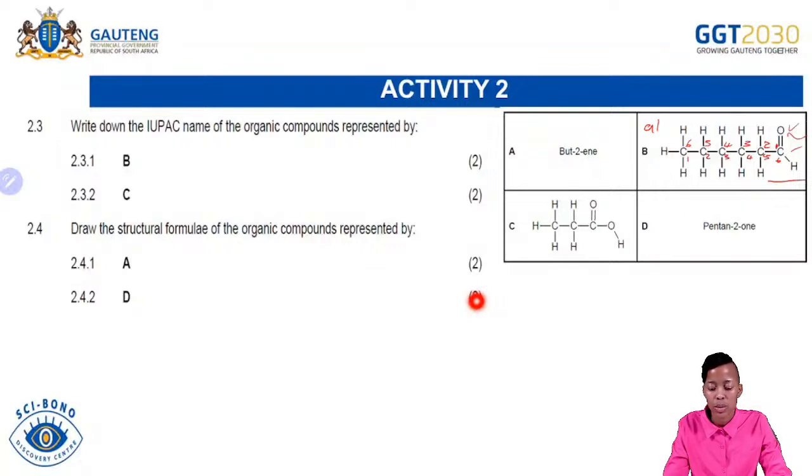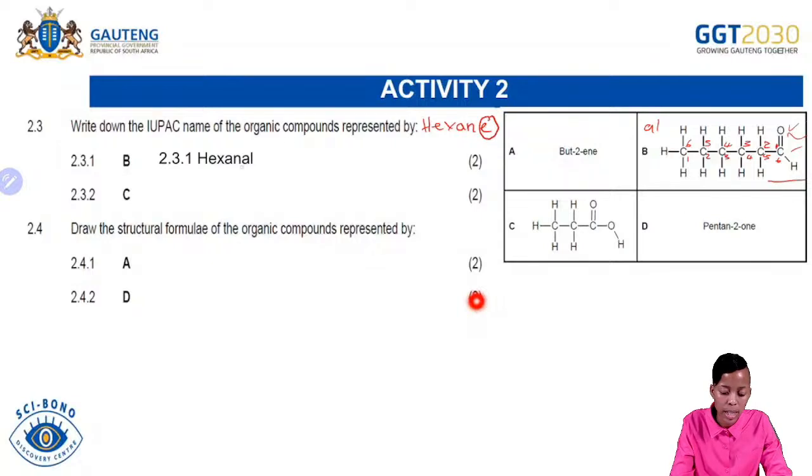Right. So because it's 6 carbons, it means that the name will be what? If it was an alkane, then the name would be what? Would be hexane. But because it's an aldehyde, you are going to remove the E, and then what do you replace it with? You replace it with the al, so that it becomes hexanal. Then letter C,